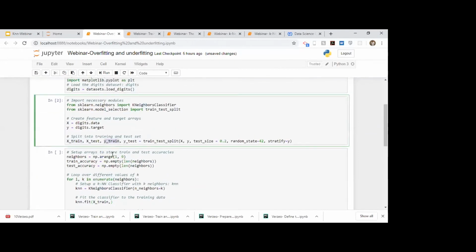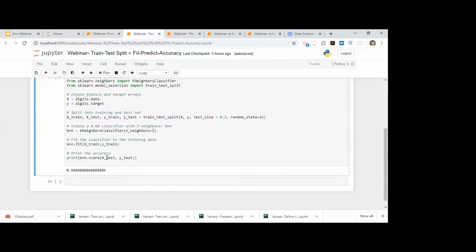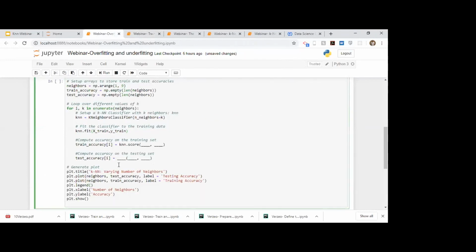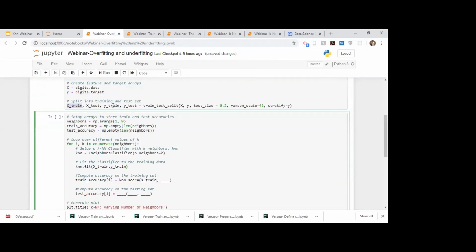After fitting, we compute the accuracy on the training set, as we had done earlier for the test set. So knn.score, first for the training set, X train and Y train, and then X test and Y test. Use the same knn score function.